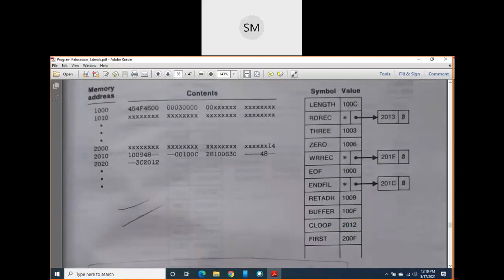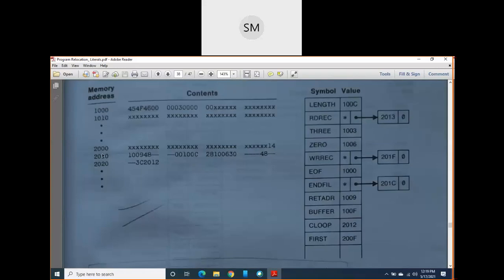Now come to this diagram. In fact, you can open it in your textbook also. Here we are writing the memory addresses, 1000, 1010 and so on. Don't worry about why they have given only this much gap, don't worry about it now. Between the addresses 1000 and 1010, whatever instructions are there, their object codes are listed here.